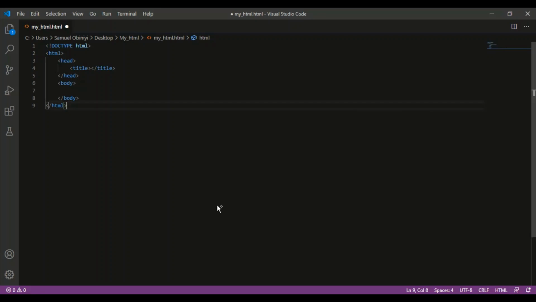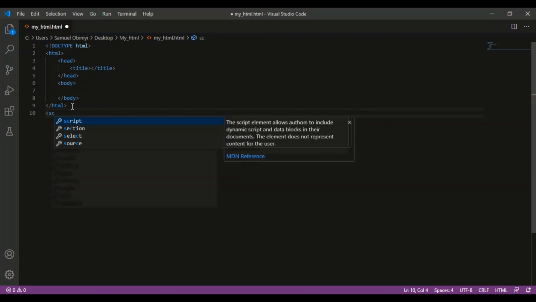So now basically there are three ways to combine your JavaScript code and your HTML code. The first way is called embedding. Now if you want to embed, what you do is you just come here to the head, probably under the title, although you can put in your JavaScript code anywhere in the page, but most programmers prefer to put it below at the ending part of the whole code. So you just come here and you type your script tag,